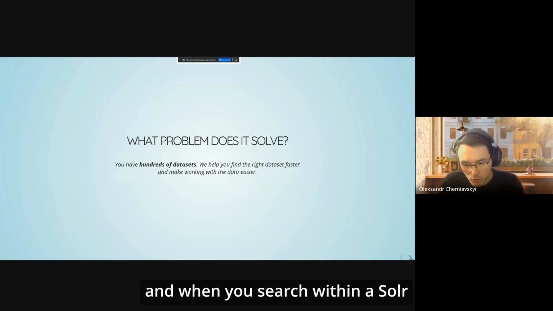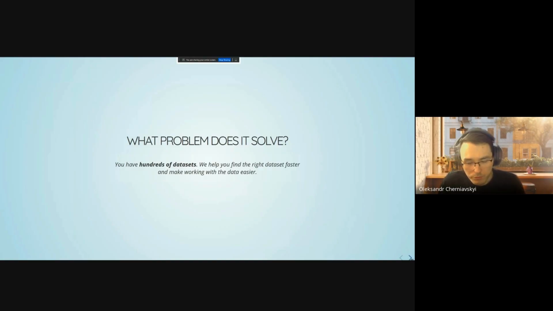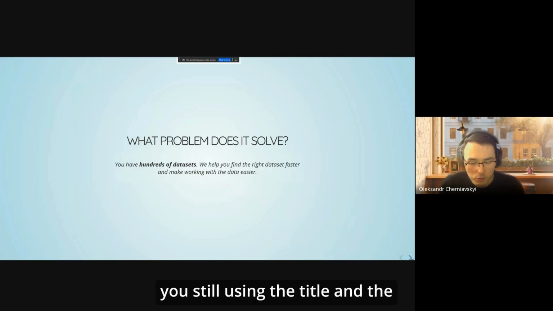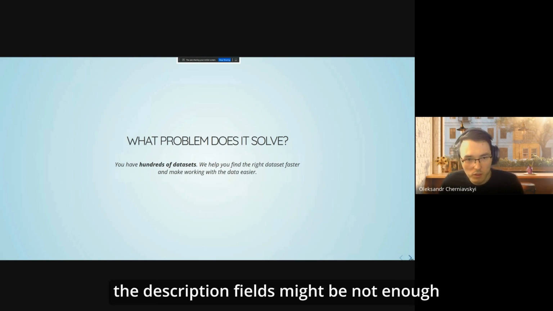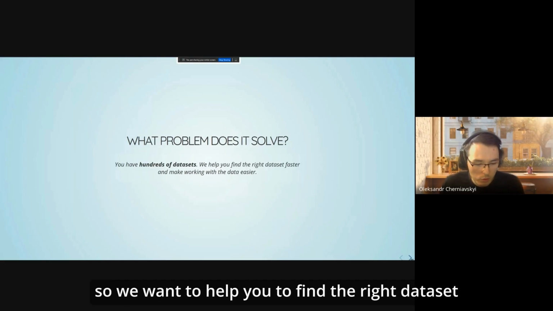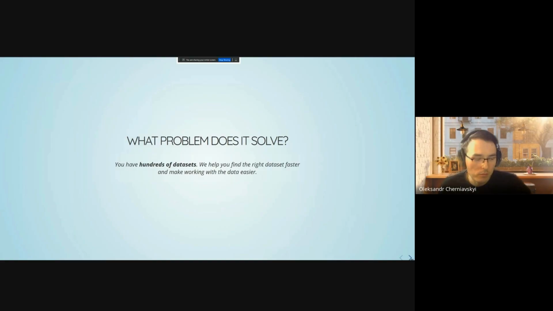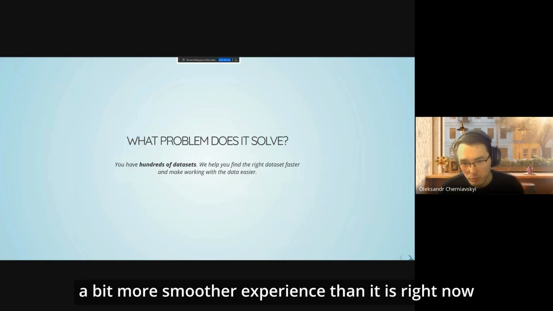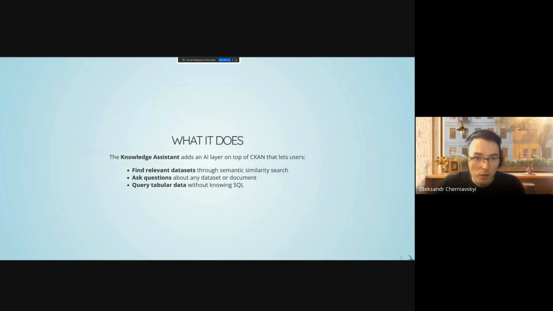And when you search within Solr, obviously you're still using the title and the description fields. It might not be enough. So we want to help you find the right dataset faster and make it a smoother experience than it is right now.